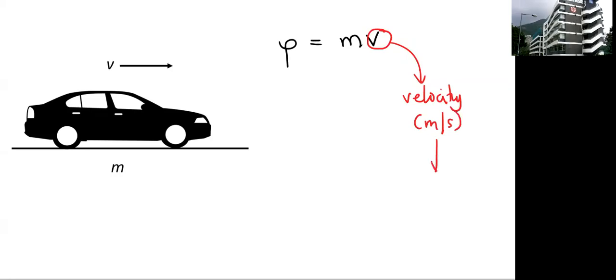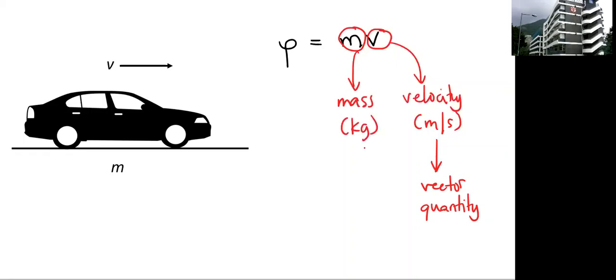If you remember, velocity is a vector quantity, right? It has both magnitude and direction. M here is the object's mass, and mass has units of kilograms. Mass is a scalar quantity. It's a physical quantity with magnitude or size only, right? No direction. P here is my momentum,